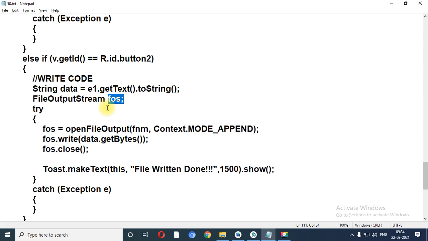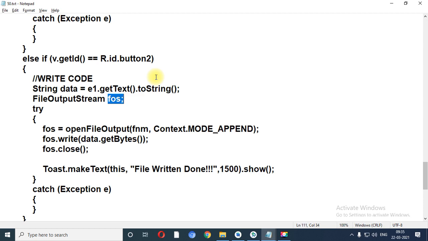So for that I have two options: whether I want to save my file in the internal storage or in the external storage. Right now I have developed our application based on the internal storage. So first of all you need to take one edit text on which you can add the content. Number 2, I have placed 3 buttons in the designing view.